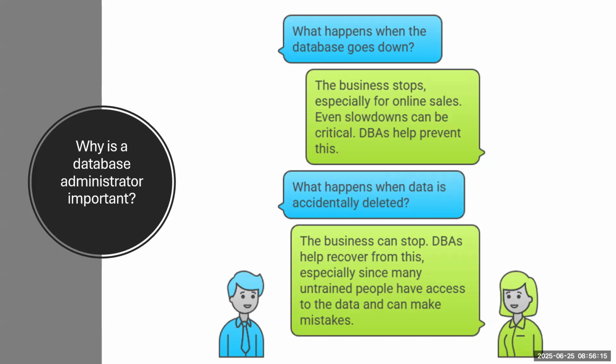Gone, right? By mistake you want to delete one table, but you deleted another table. By mistake you want to delete one record, but you deleted another record. Or you want to delete one database, and by mistake you deleted another database. So suddenly, accidentally, something got deleted. Then who will come into the picture? No, the DBA should come into the picture.